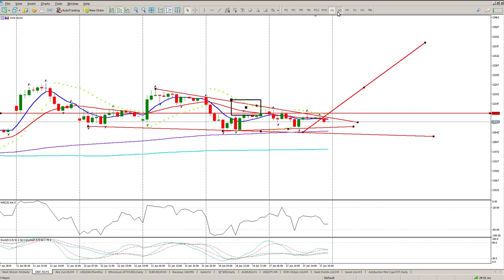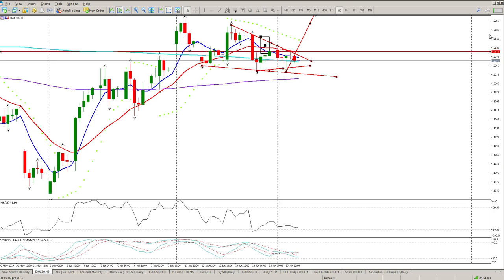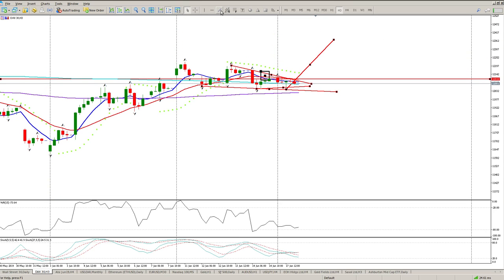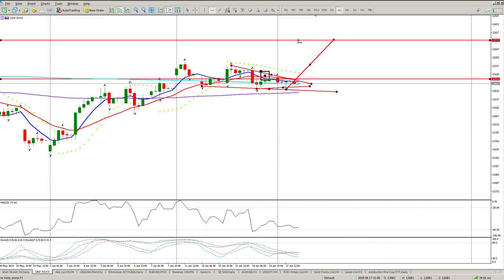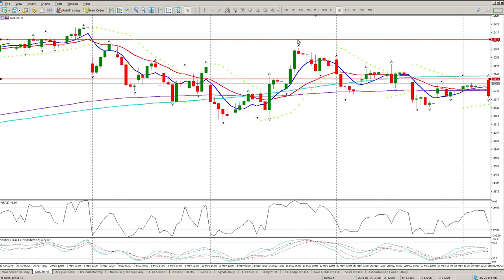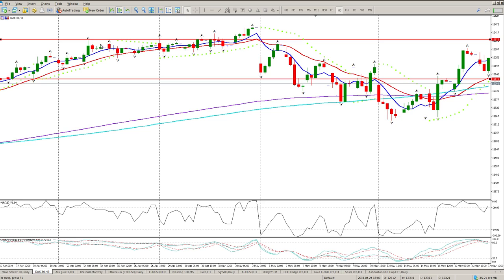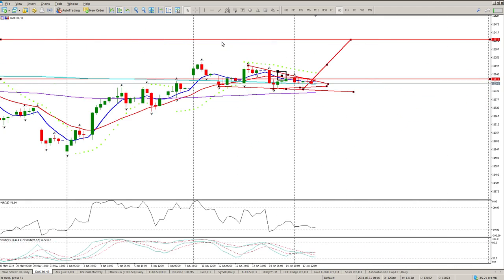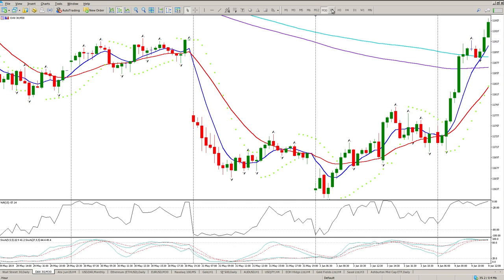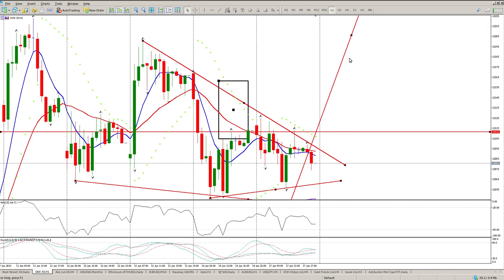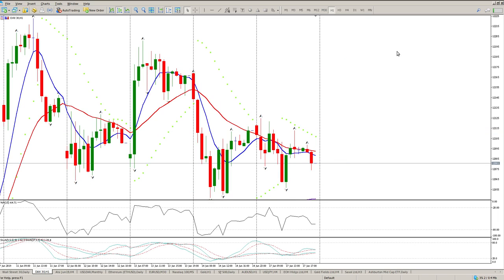Let's get to the 3 hour, you'll see that better. So that is our next potential move to the upside. If I look to the left, you'll see quite a bit of interaction at this area, all these inside tails here. But that is a long-term view. So for now, you're going to have to trade in the now.